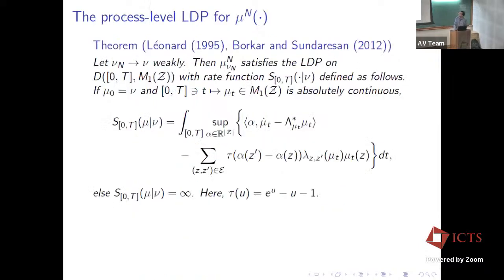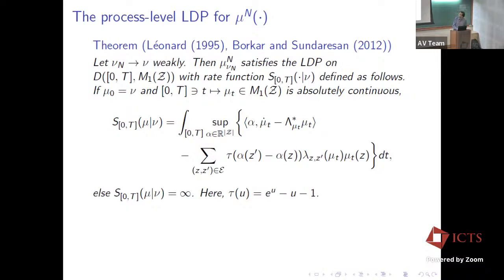Let's see the main result that will be our starting point. Here's a theorem from 1995, and also a subsequent version in the Wi-Fi context that was given in 2012. Suppose the nu n converges to nu weakly, that's the initial condition. This is the mu n of 0 that converges to nu